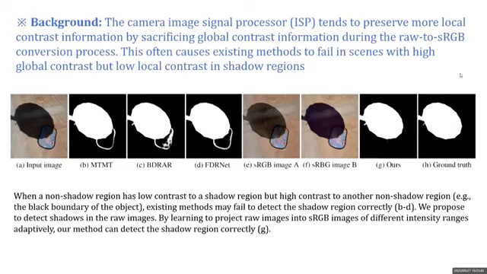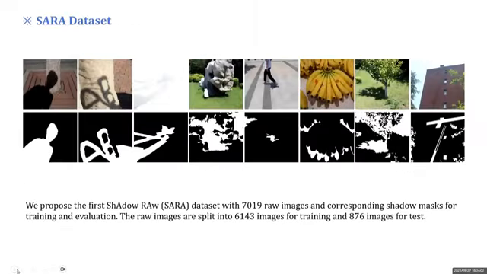However, we observe that the camera image signal processor tends to preserve more local contrast information by sacrificing global contrast information during the raw to sRGB conversion process. This often causes existing methods to fail in scenes with high global contrast but low local contrast in the shadow regions. As seen in this figure, a non-shadow region has low contrast to the shadow region but high